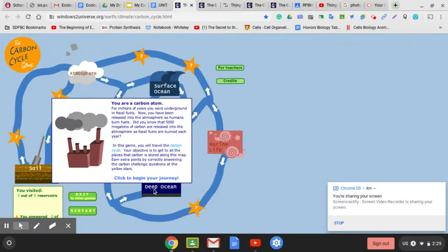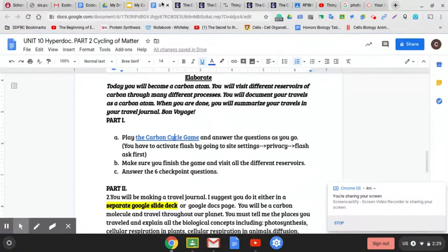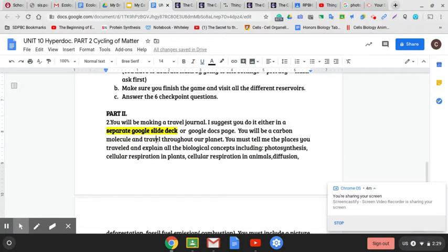Okay, and you're going to play the carbon cycle game. This should take you about 5-10 minutes or so. Just go through all of it, and make sure you're reading about it. Okay. Then what you're going to do is, so part 2 right here, you're going to